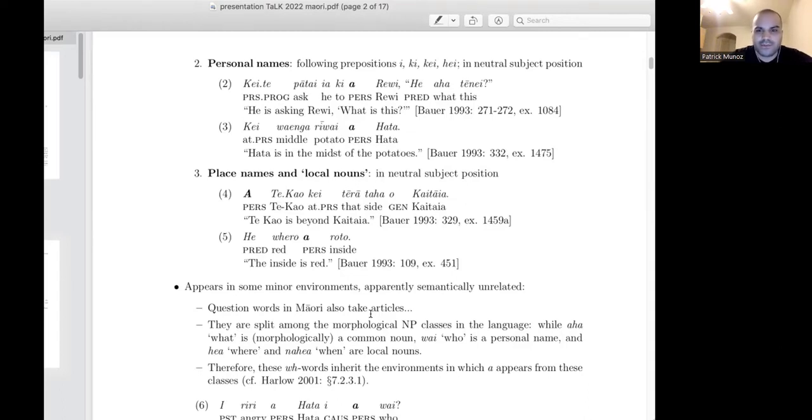They act like names. So you say things like, in 5 here, I gloss it, the inside is red, but it's important to remember this doesn't mean the; it's something like Inside is red, where inside is like a name, right? And I'll show you with complex prepositional phrases, this becomes clearer. And then also place names get this reading too in subject position. So Tekau is beyond Kaitaia, and you get a Tekau, and only in subject position for these. So you have, morphosyntactically, you get either a appearing on these things or nothing, as I'll show.